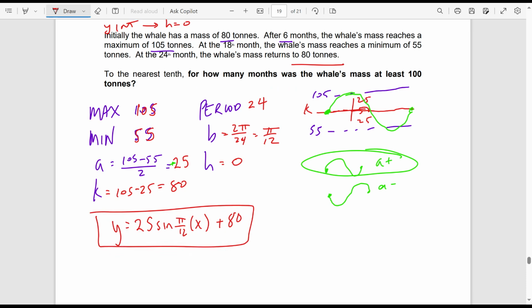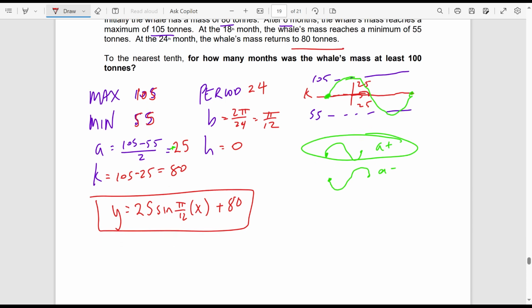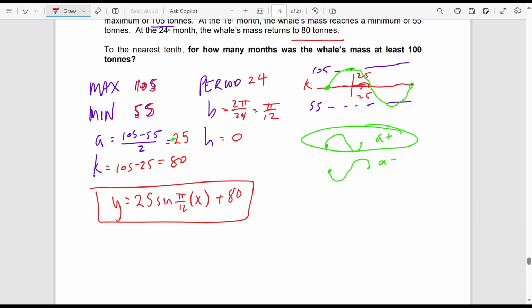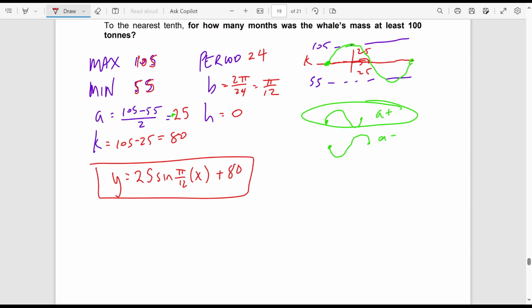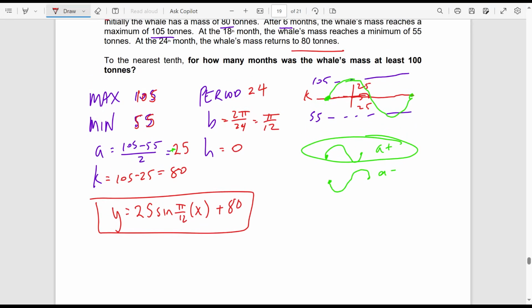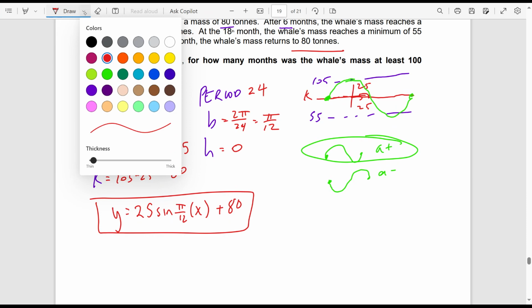Now, it's asking, to the nearest tenth, for how many months was the whale's mass at least 100 tons. So we are essentially body shaming a whale now. No, excuse me. We're looking for where it hits 100. So when it hits 100, if I just sketch this out, let's use a different color up here. What it's essentially looking for is